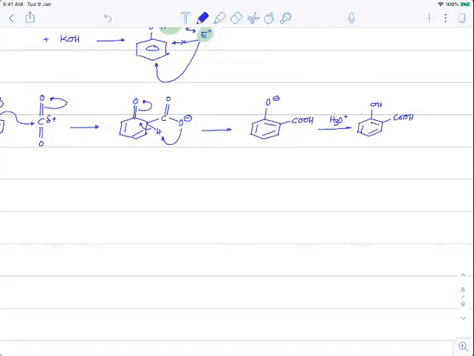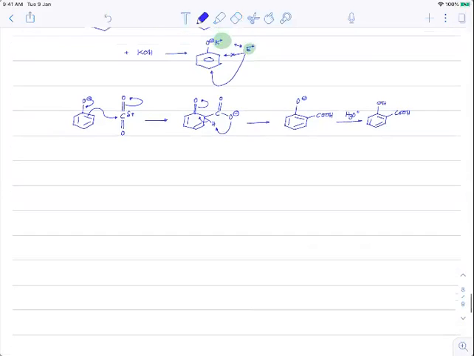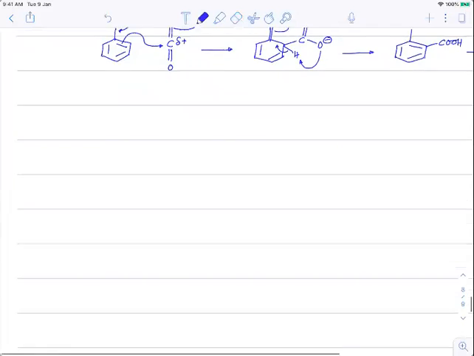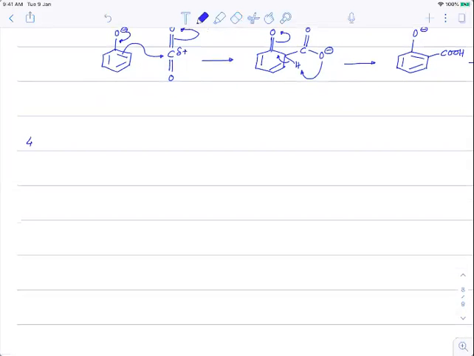Salicylic acid is formed. See, we are not writing all the steps now, we are slowly skipping steps. In a single step I am telling you 3-4 things. I hope you got it. So this is how salicylic acid is formed. Okay. With potassium you do the same thing at the para position. Right. That's about the Kolbe-Schmidt reaction.